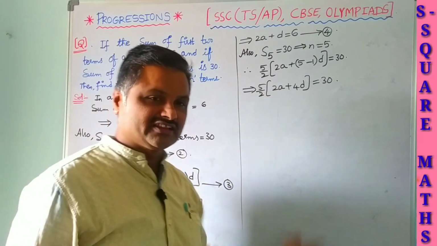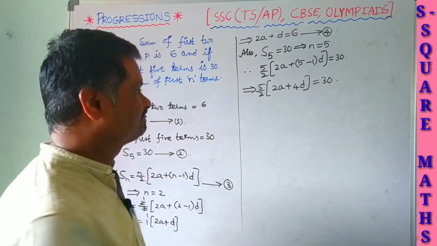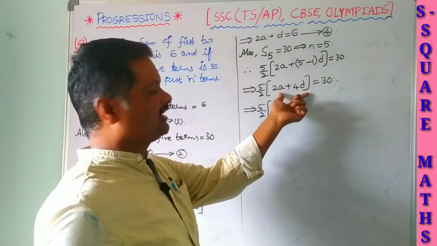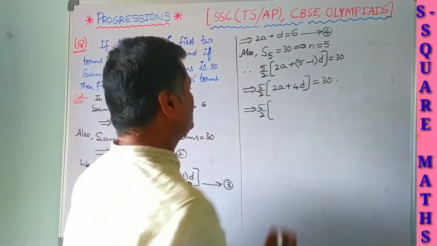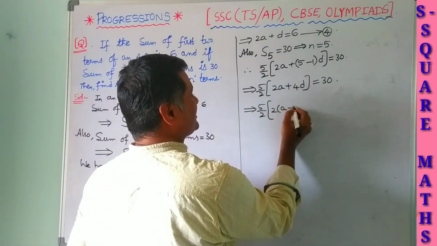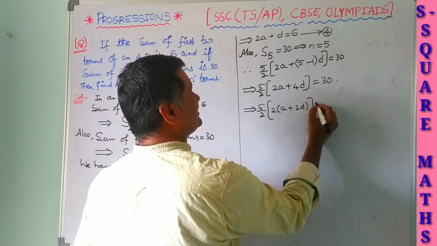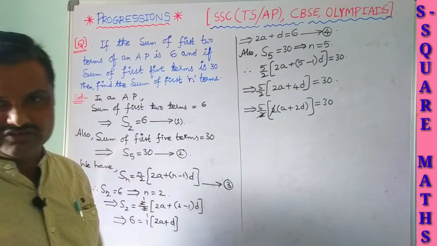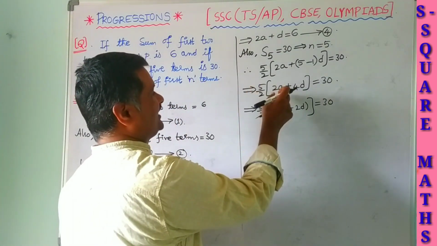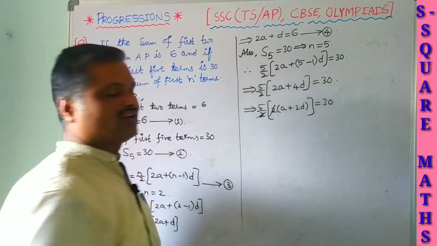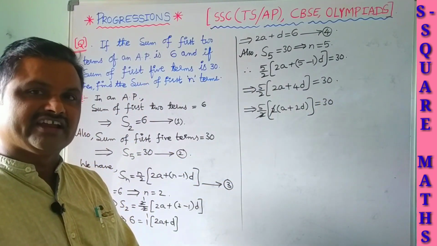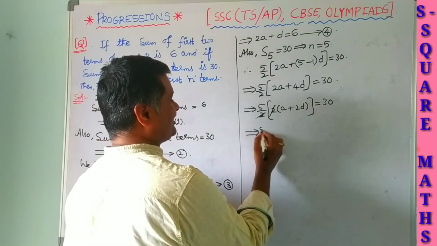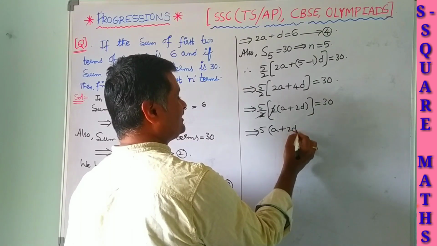So here I will go for the better calculation, please follow it. So 5 by 2 into, in the square bracket there are two terms, okay. So I can take 2 as common here, a plus 2d. After taking 2 common, it is equal to 30. Since the operation is multiplication, 2 ones and 2 ones. So no need to multiply 5 into 2a plus again 5 into 4d. You are going to get bigger values of a and d, and the calculations will be tedious. Okay, this is the easiest process. And 5 into a plus 2d is equal to 30.